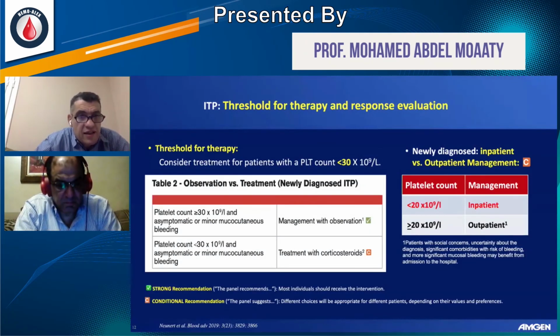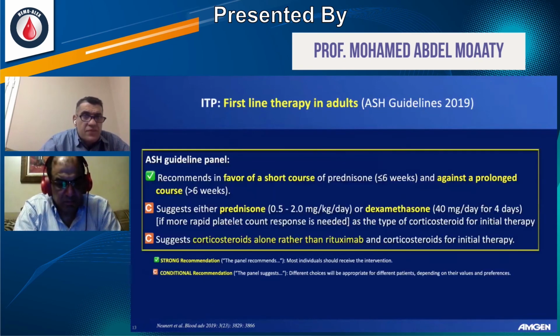But again, the treatment should be done if the platelet count is less than 30. Patients above 30 should be managed by observation. Patients with a platelet count less than 20 can be managed as inpatient. Above 20, they can be managed as outpatient. First-line treatment, again, favors a short course of prednisone or dexamethasone, and the addition of rituximab is done